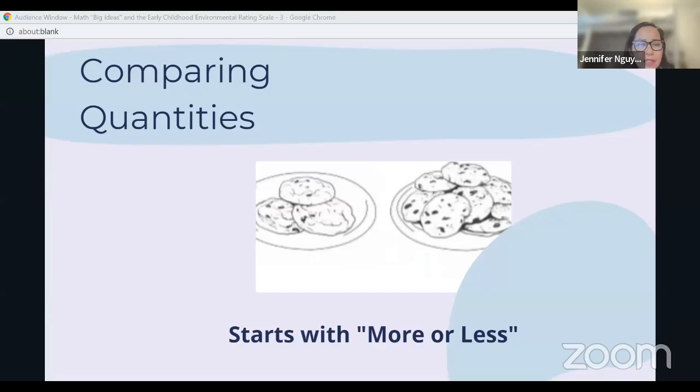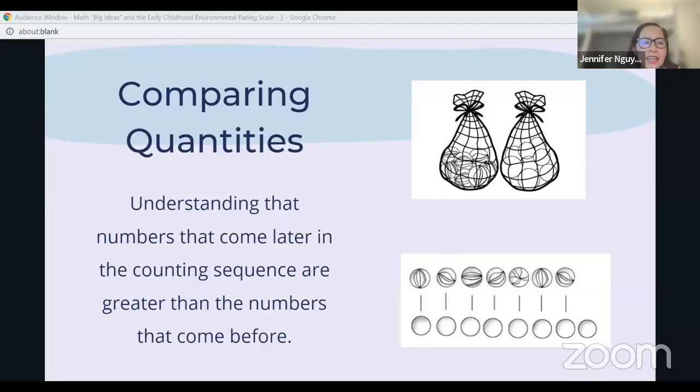What comes to be a little trickier and challenging is when the quantities are more similar or when there are larger quantities. So let's look at this slide. Those bags are marbles, and there are plain marbles and striped marbles. So we ask the child, which bag of marbles has more? We're comparing quantities, which has less. So more and less, that's math talk. So what the child is going to do is say, I don't know, or this one.